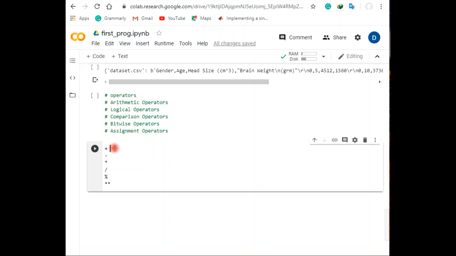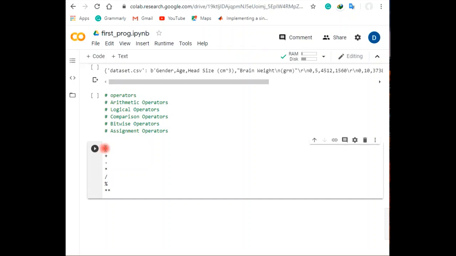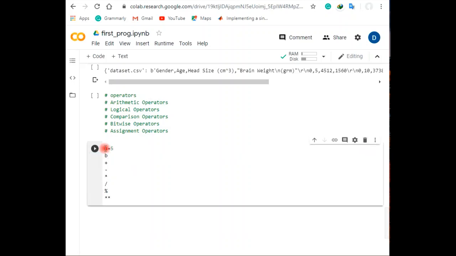Here, if you have two variables, let's decide the two variables and see what we can do with them. Here you have an assignment: choose two different values for A and B. For example, I have taken A equals 5 and B equals 7, and with the help of all these operators you may solve it.